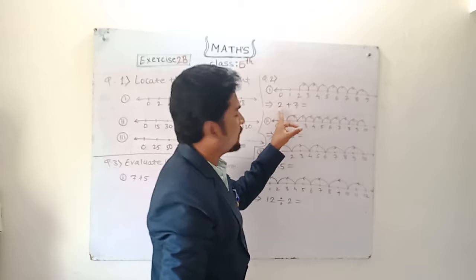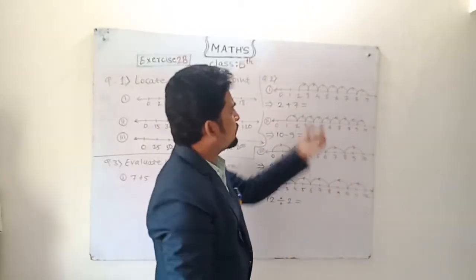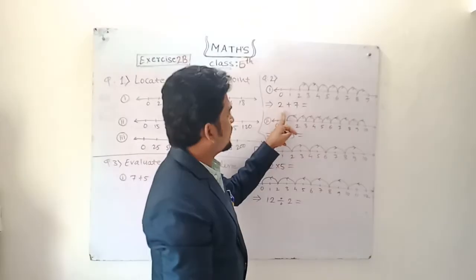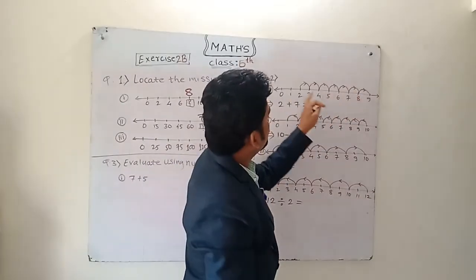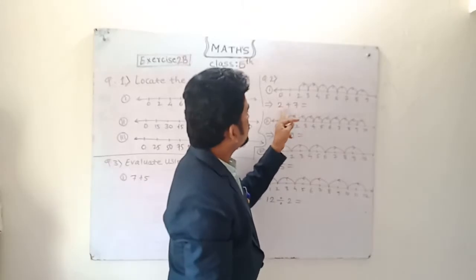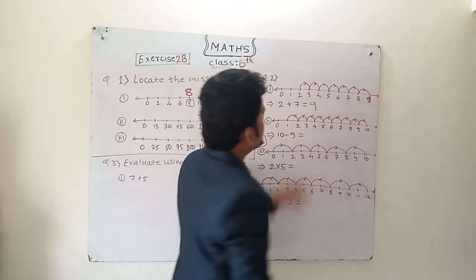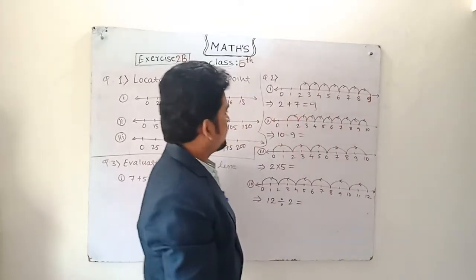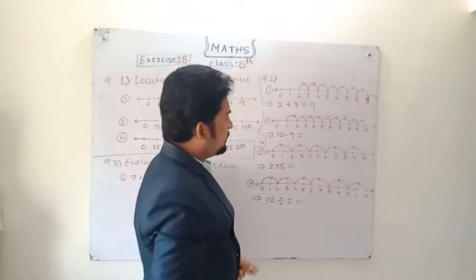Starting from 2, I have written plus here because it's going towards the right, so we have to put the plus sign. And how many curves? 1, 2, 3, 4, 5, 6 and 7. So I have put 7. 2 plus 7 is equal to 9. See, the curve went up to 9. So the answer you got is 9. Correct? If it is going to the right side, then plus. If it is coming to the left side, then it will be minus.